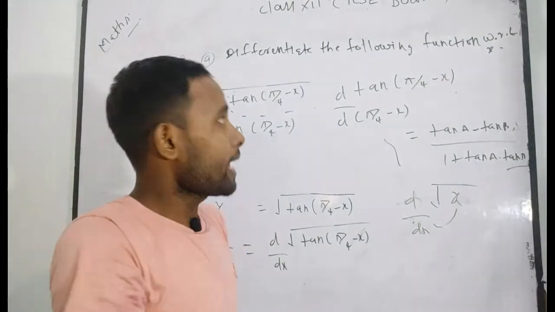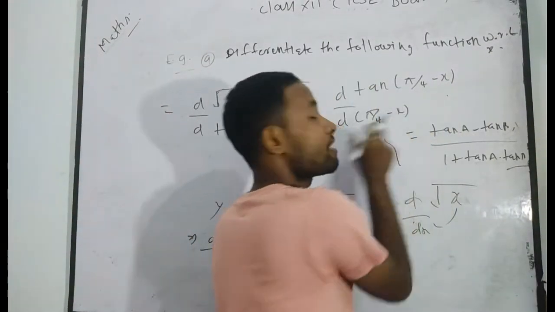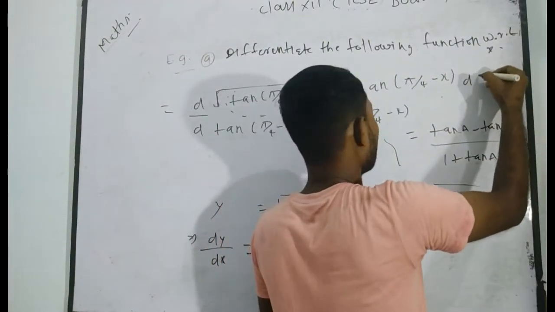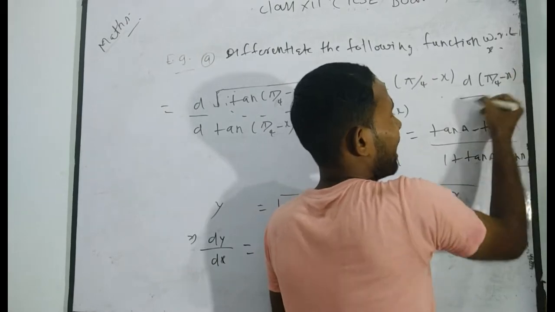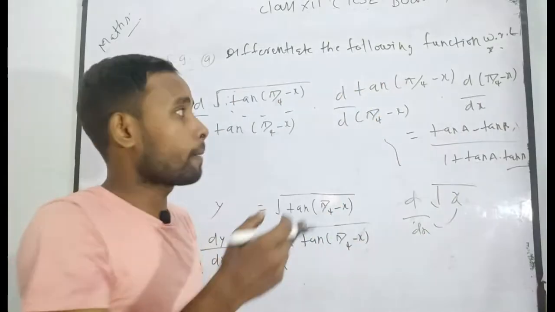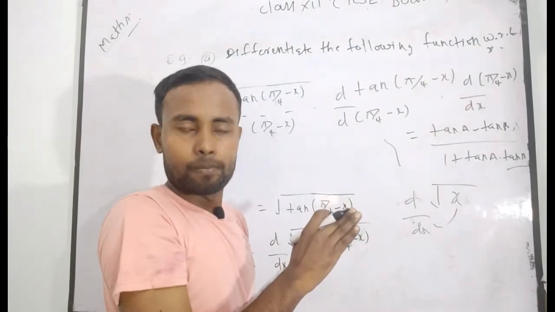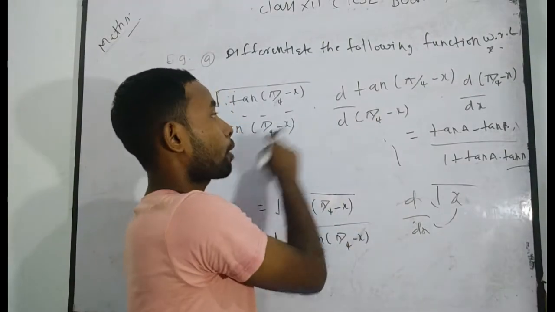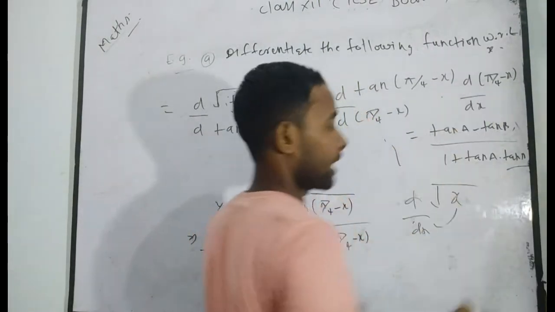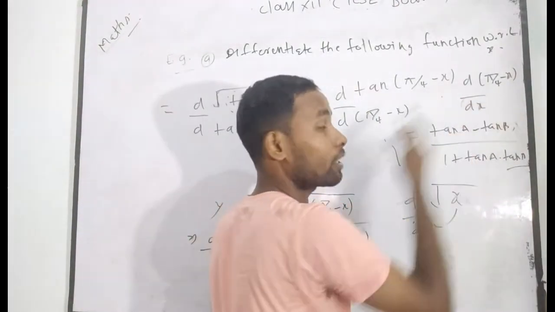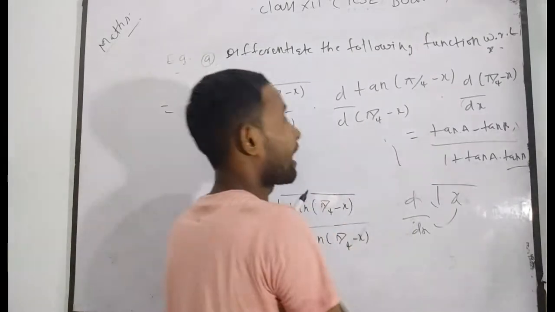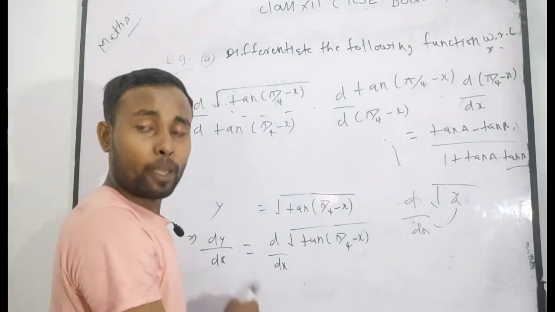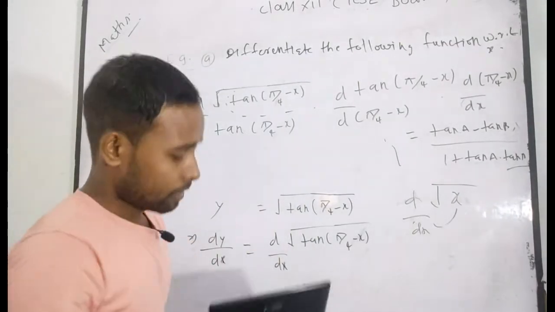I think you understand very well. Again, try to understand here. This is a linear function, and it can be differentiated with respect to x, and you also have to balance it. So you need to take pi by 4 minus x here. I have taken d of pi by 4 minus x forcefully, only in order to balance it. Similarly here I have taken it for balancing, in the numerator and in the denominator also. But this term is not taken forcefully, because it is already present in the original problem when we differentiate with respect to x. So be careful when taking it.